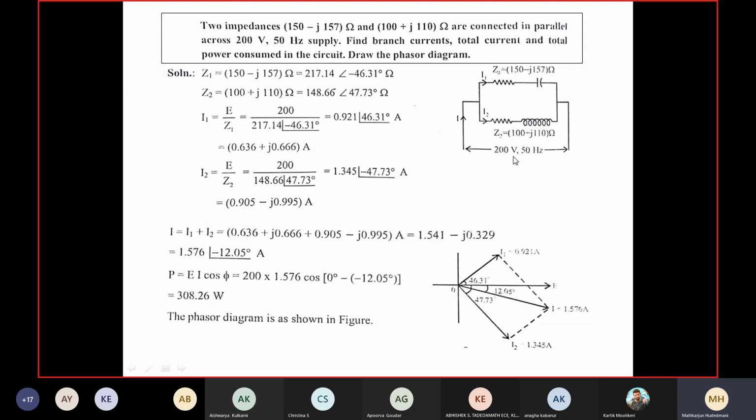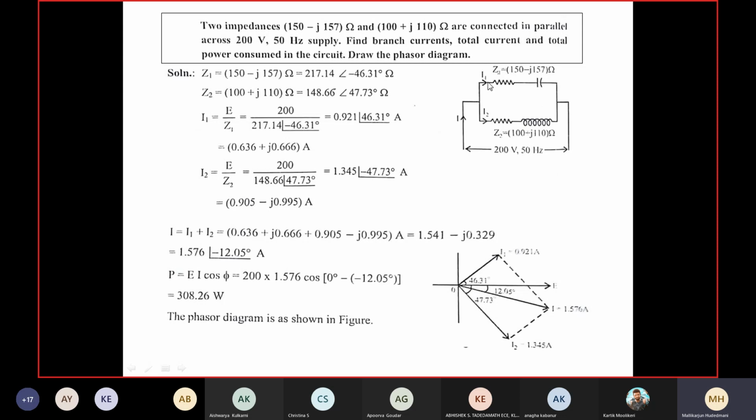Then when you have a parallel circuit, what is that you get as a steady division of current? Suppose main current is said to be I ampere entering the combination, some part of the current will flow through Z1 impedance, rest will go to Z2. What is that magnitude? We have to numerically find it out. So that is a task which is assigned to us. Therefore, give a brief prerequisites.